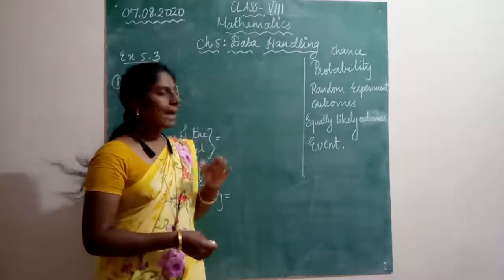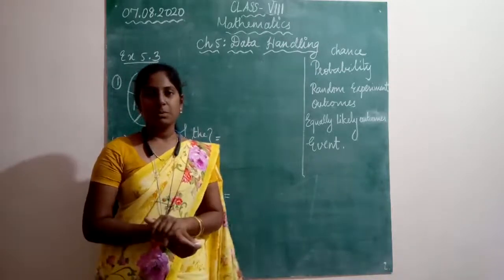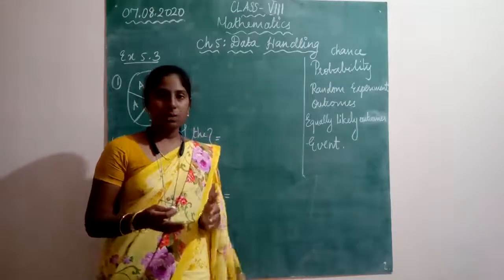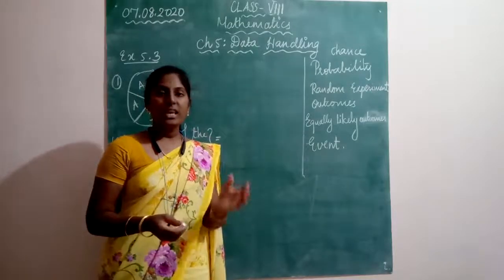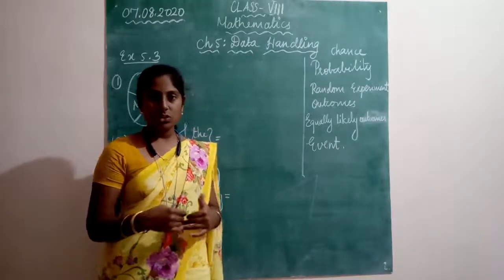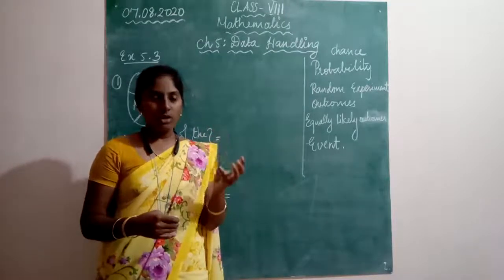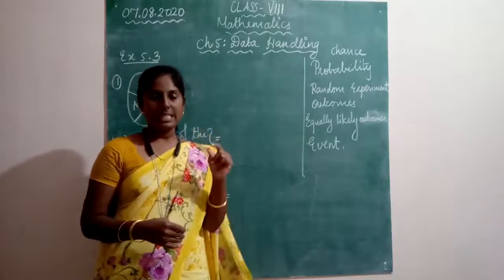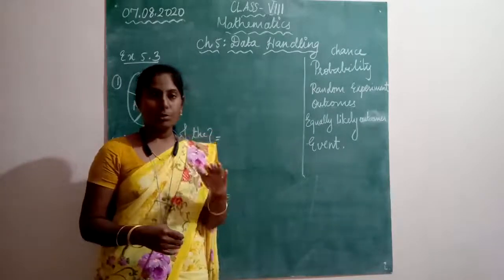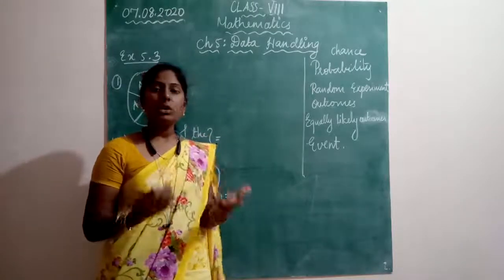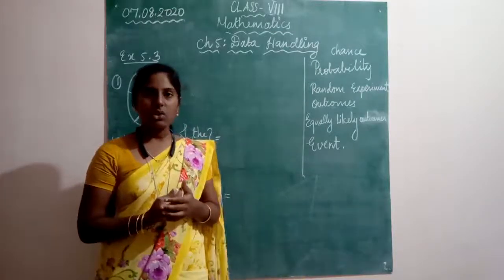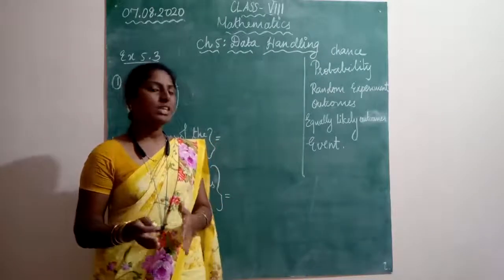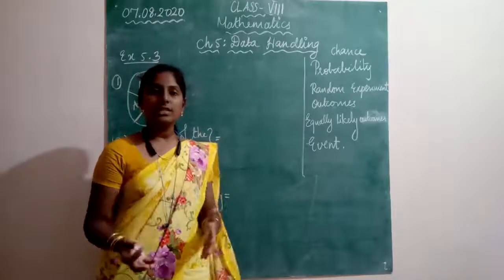Okay, so next one, random experiment. So what do you mean by random experiment? So an experiment, okay, for example, when you throw a die, you may get 6 results. Okay, so you may get 1, 2, 3, 4, 5 or 6 on the top of the die. Okay, the die is having 6 sides and you may get any one on the top of a die. Yes or no? But you cannot predict which one will come. Yes or no? Yeah, you cannot be sure of anything. So such experiments are known as random experiment whose result is not known.